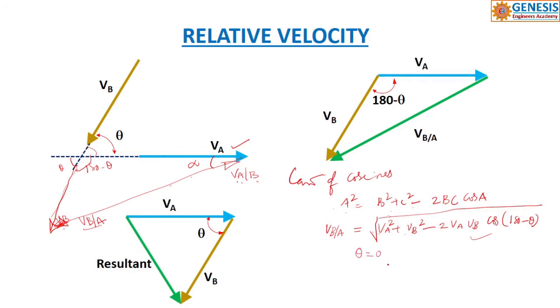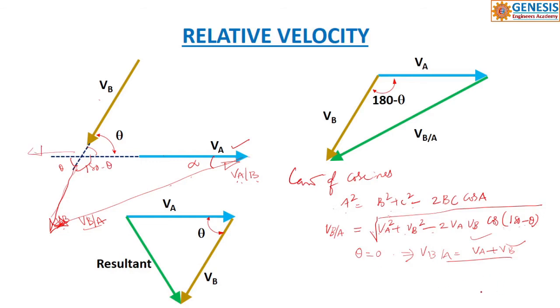So these velocities are in the opposite direction. Would we be able to get that? We will observe that. So theta is equal to 0, then it is cos 180. Cos 180 is equal to minus 1. Minus 1 minus plus, then it goes to be VBA is equal to VA plus VB. That is the formula you have to obtain when the two trains are moving in the opposite direction. If you make this as theta, it would be directed in this opposite direction, VA, VB.